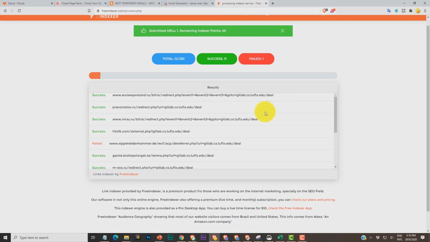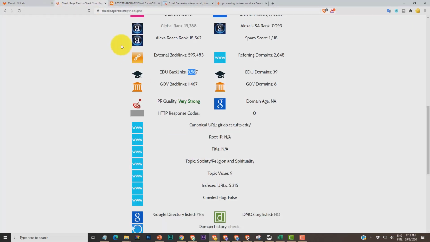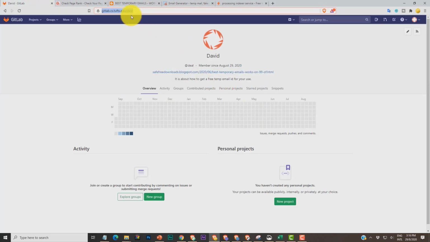So I suggest if you want more backlinks, they say around 260 links they will give you. If you guys want it, you can actually find even a few more sites and then try to index it, or else copy this particular page, copy this link and add it to any of your videos, so it will index this link much faster. That is the best option.